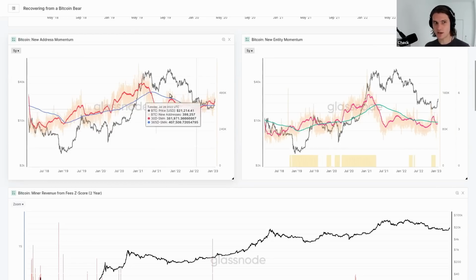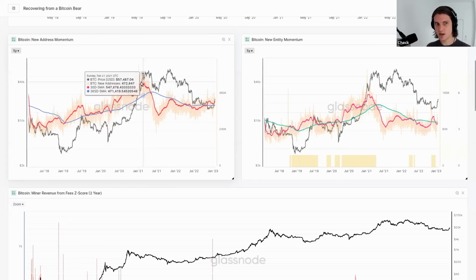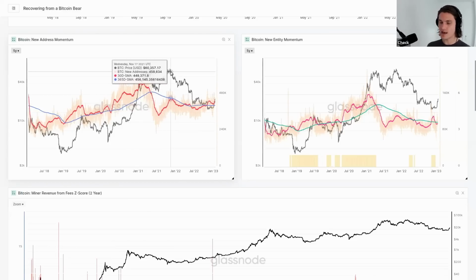The second thing that's quite interesting, note the peak that we had here in January, February 2021 compared to our November all-time high. Massive bearish divergence: higher price, way, way less activity. So what that's telling you is that the network is more dead than it was, even though price is higher. Gives you that bearish gauge to start thinking about, okay, maybe I need to start thinking a bit ahead, and there could be some scary waters.